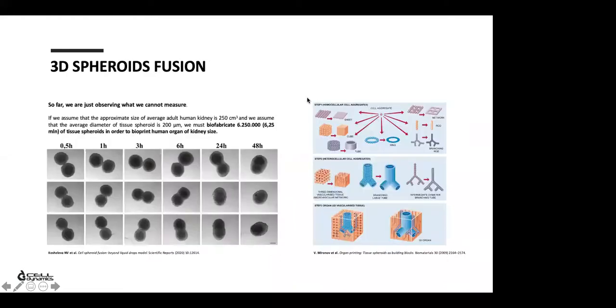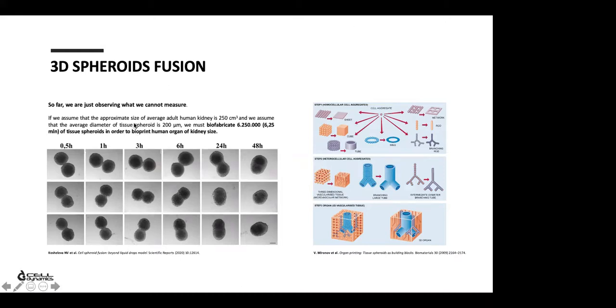And in order to bioprint human organs, it is necessary to develop technology for the production, but also for the standardization of spheroids. So this tissue spheroid must have standard size, standard shape, and also standard biophysical properties. For example,